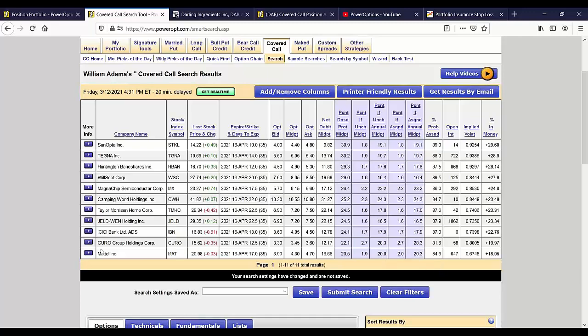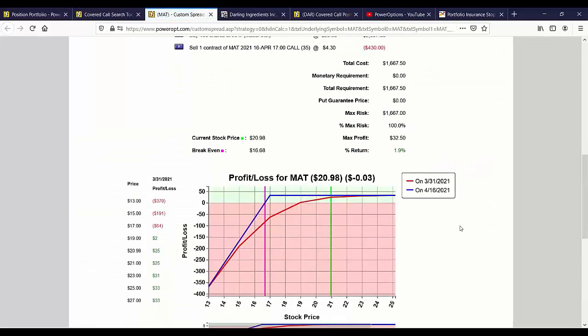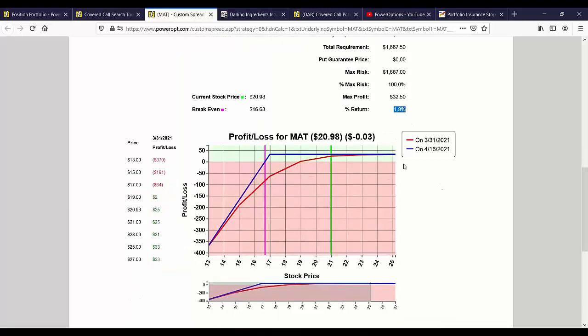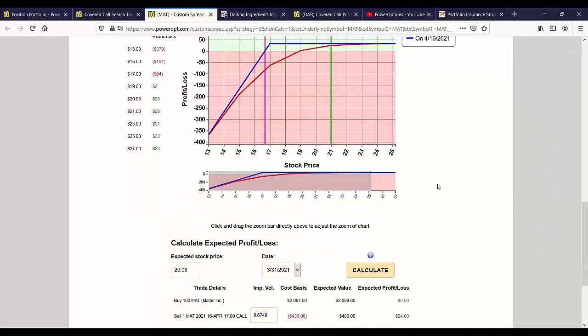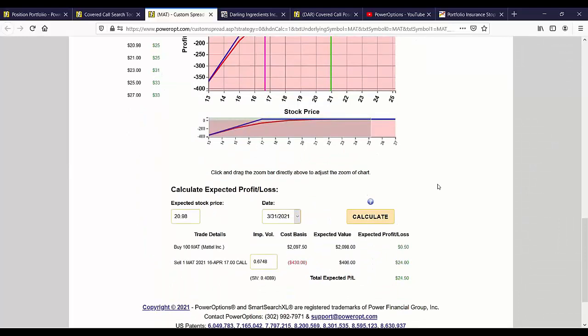Okay, so what do I think of this position? Well, I can just say, David, if it matches your targets and it matches your goals, and you feel confident that you're going to be able to get this consistent 16% annualized return at 1.9% static return for 35 days, this deep in the money with a 20% downside, then you'll probably hit your goals. What can I tell you right now about Mattel? Well, I don't know if it has earnings coming up between now and expiration, but what I can tell you still